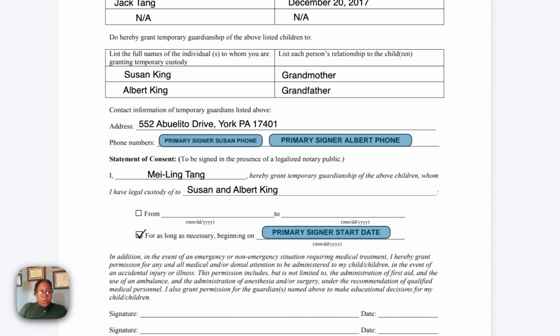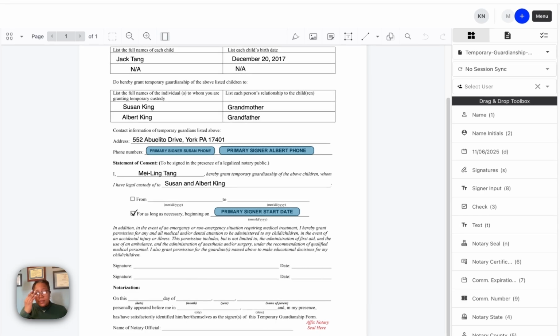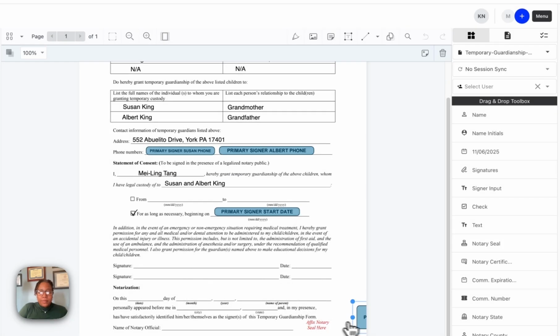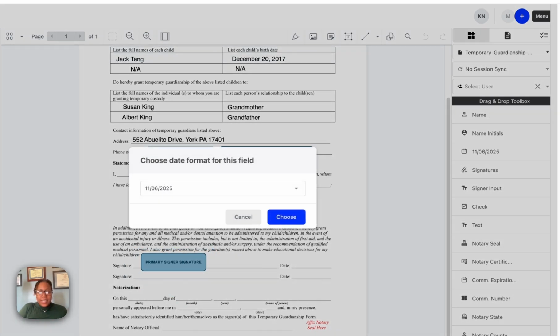Now we're at the signature portion. After I've given Mei Ling the oath and she has said that she agrees to this document, that it is true to the best of her knowledge or belief, I'm going to be able to drop the signature so she can sign once she has stated in the affirmative that she understands this and this is a true document. So let's start putting our signatures in. I'm going to press S here, choose Mei Ling, and put this signature here. I'm also going to press D for date,